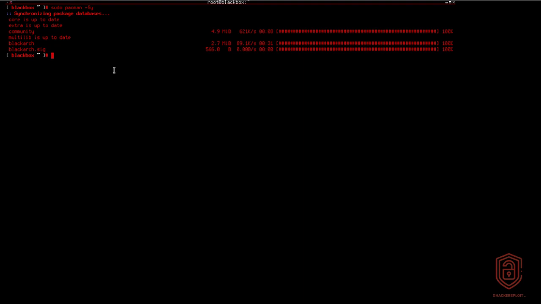So let's talk about xfce. So let's install xfce right now. All right, so sudo pacman -S, and we're typing xfce4. That's the latest version. And we also want to install xfce